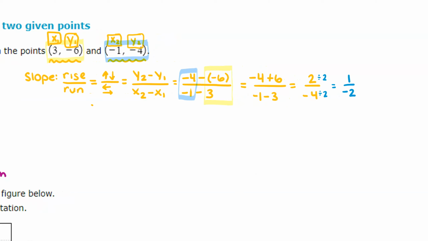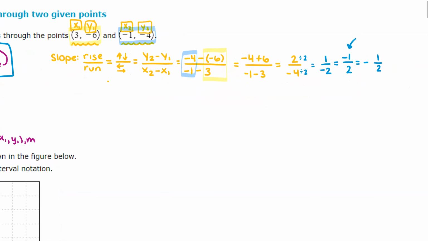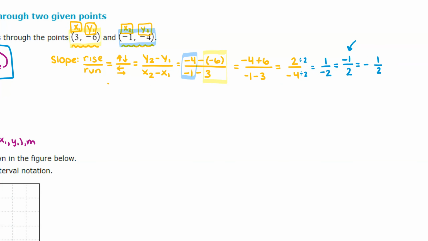You can have a negative on bottom, but generally, if there's only one thing with a negative, we either write it on top or outside. So you could write this as -1 over +2, or you could write this as negative and then +1 over 2. So only one thing's getting the negative. Generally, I prefer when I'm writing to just put the negative on top so it doesn't get lost, but it's really up to you. So now, let me show you how to use